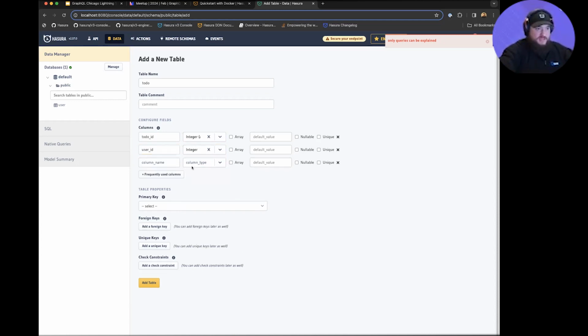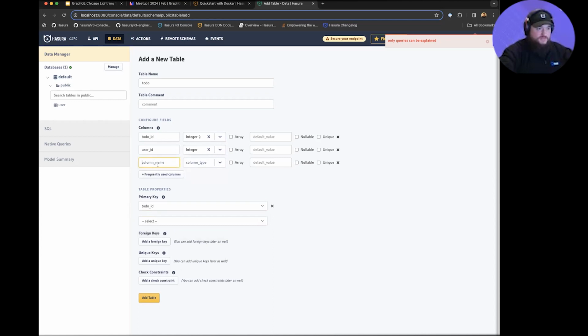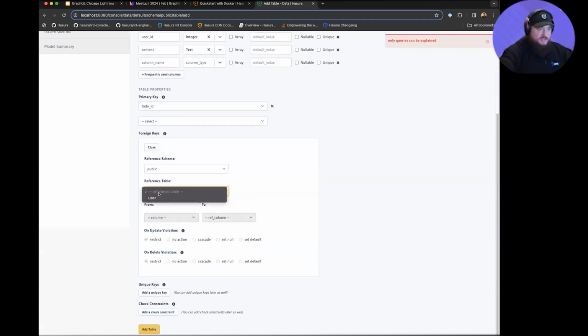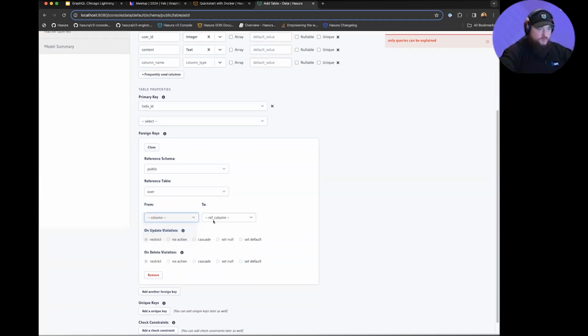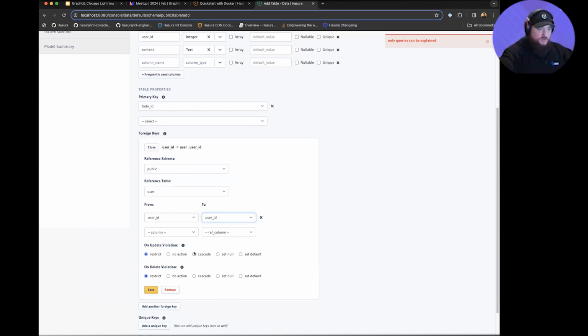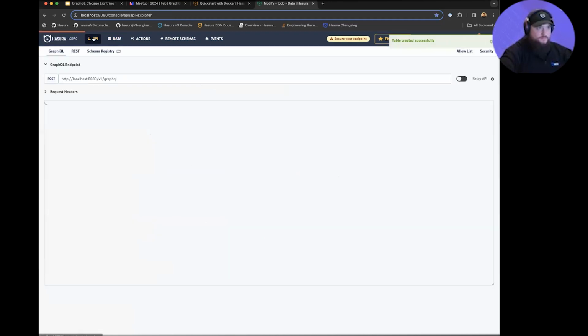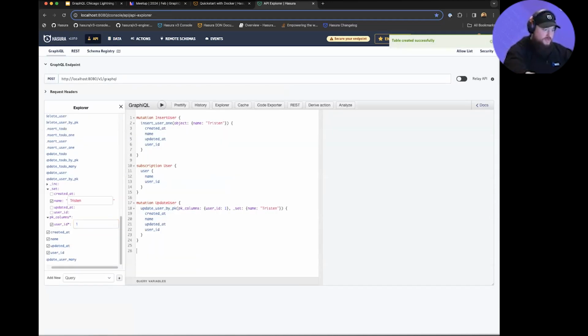That user ID will be an integer, and we'll say it also has, I don't know, content maybe. It'll be text, and we'll go ahead and add a foreign key. We'll reference the user table. We'll pull in that user ID, and we'll go ahead and set it up to cascade on updates and deletes. We'll save this. We will add the table, and then I can go in, and now let's go ahead and